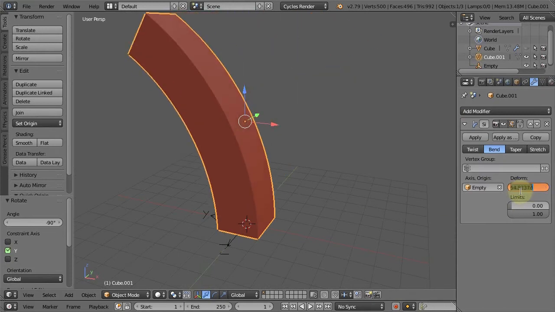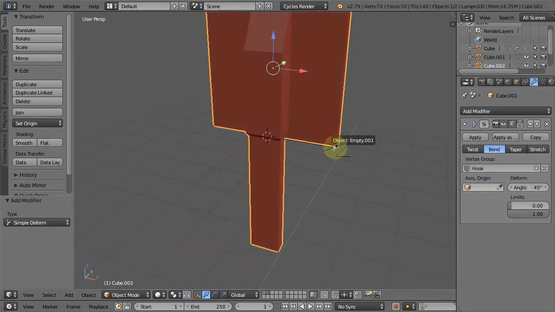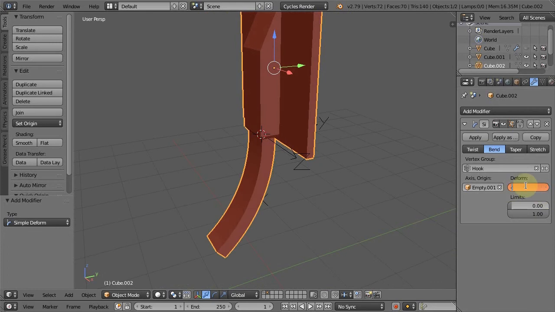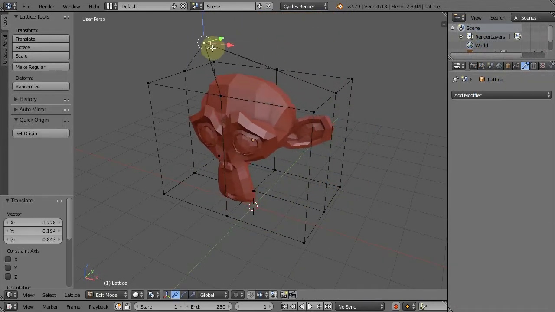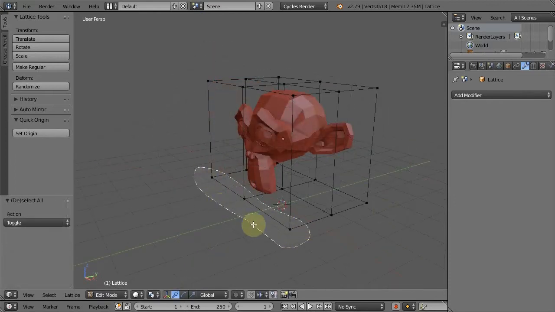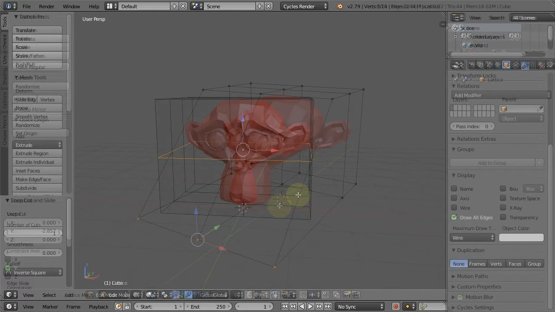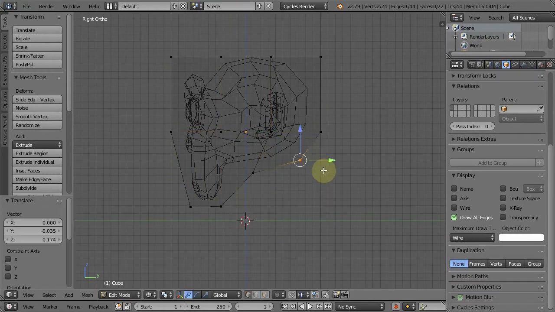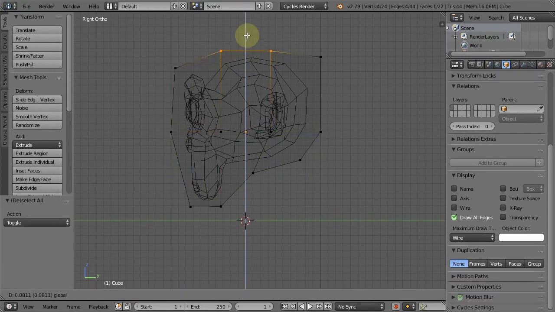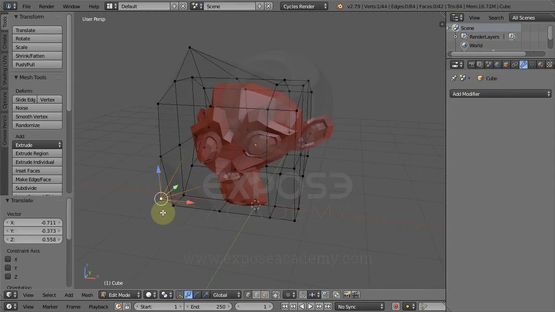Then, we're going to learn in depth on how to bend mesh correctly using the bend modifier. After that, we move on to lattice modifier, where we can deform object using a set of box-like control points. And then, we're going to discuss on how we can deform object with more flexibility using our own custom mesh as the controller with the mesh deform modifier.